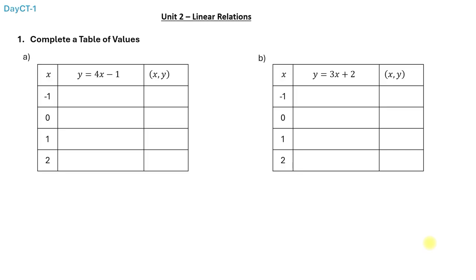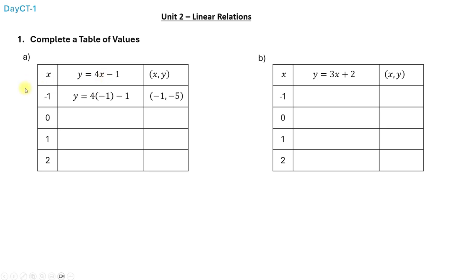So welcome to our CT Day 1. Question 1 asks us to complete a table of values. So over here in question A, we're given the equation y equals 4x minus 1, and we're also given the following x values. So we merely take these x values, we plug them into the equation,